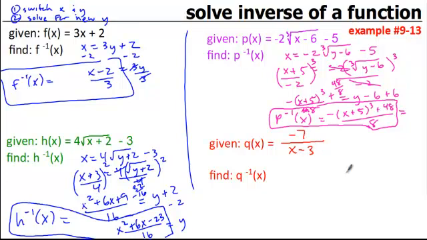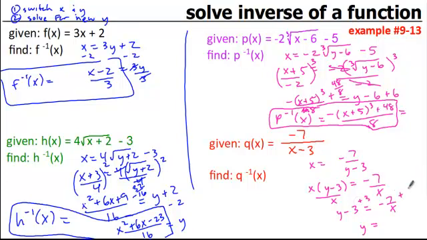And then the final example here with this rational equation. Exchange my x and y. Solve for the y. So in this case, I'm going to cross multiply. And then solve what I have. Divide by x. Gives me y minus 3 is equal to negative 7 over x. And here when I add 3 to both sides,